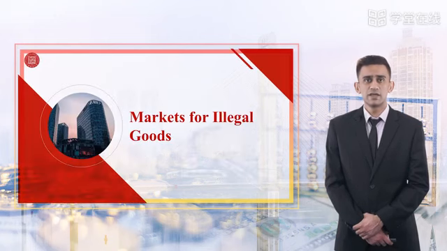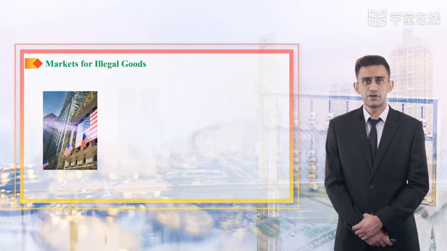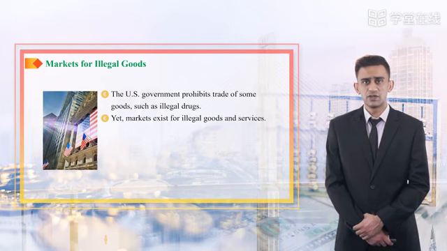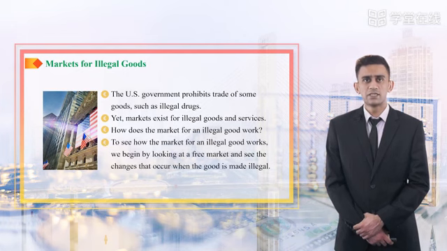Now, we will discuss markets for illegal goods. The markets for many goods and services are regulated, and buying and selling some goods is illegal. The best known examples of such goods are drugs such as marijuana, cocaine, ecstasy, and heroin. Despite the fact that these drugs are illegal, trade in them is a multi-billion-dollar business. This trade can be understood by using the same economic model and principles that explain trade in legal goods.